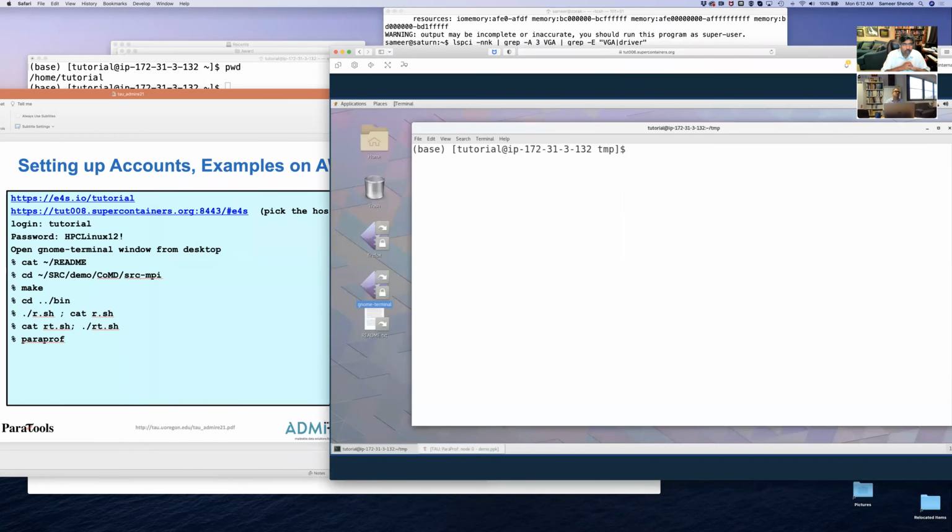Is everyone with me so far? Are you able to log in? You may have to press the space bar to get the password prompt, and then you launch this GNOME terminal. And then let us go to this SRC demo